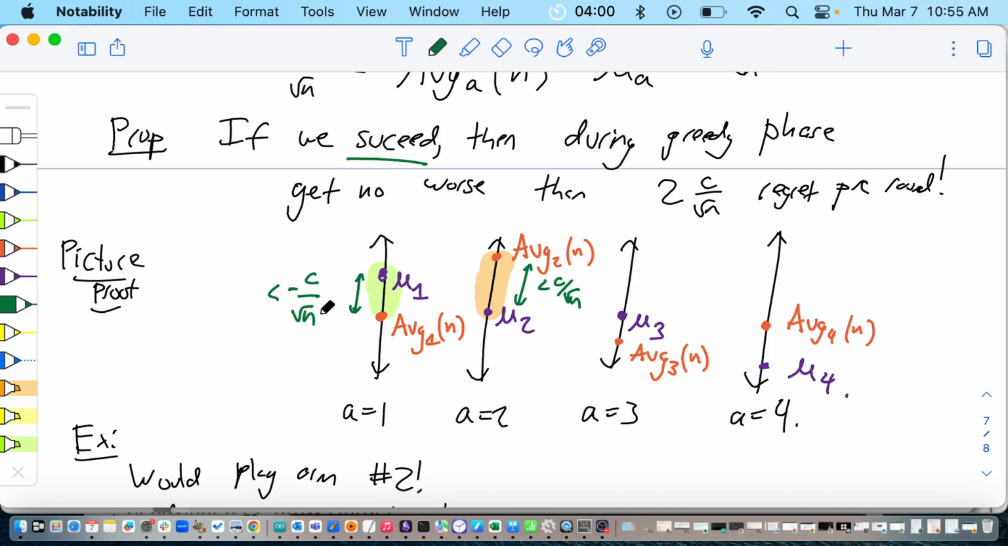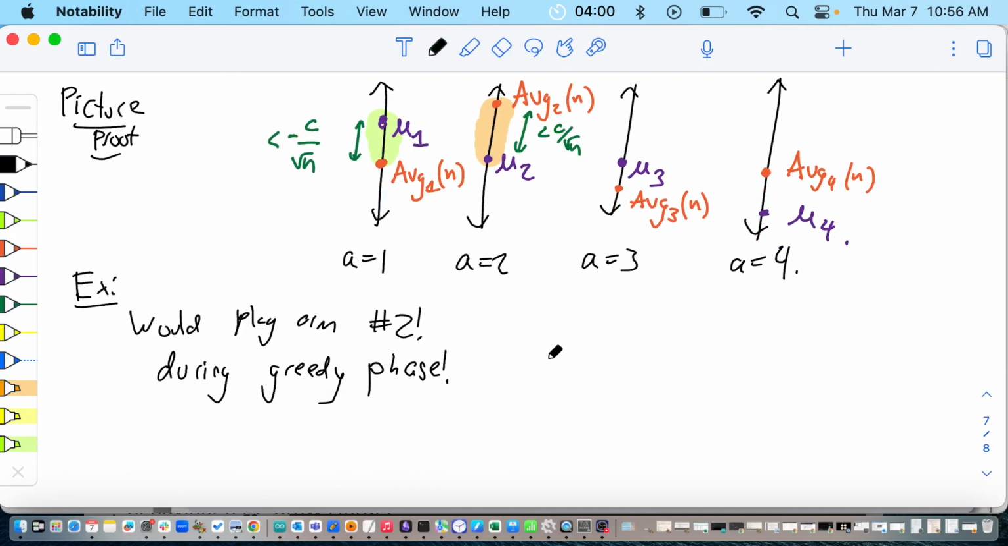So you could get unlucky and underestimate the best arm, but no more than c over square root of n. And you could get unlucky and overestimate a suboptimal arm, but no more than c over square root of n. So what is the total amount of regret you could pick up? Well, the worst case scenario is that we overestimated by c over square root of n, and the true value was an underestimate by c over square root of n. In that case, the total we would be off by is 2c over square root of n. So the distance between mu1 and mu2, the total regret